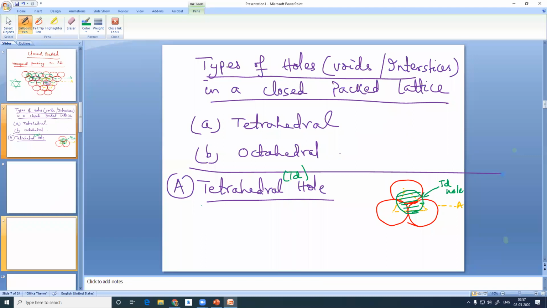Let us write down. When three close packed spheres